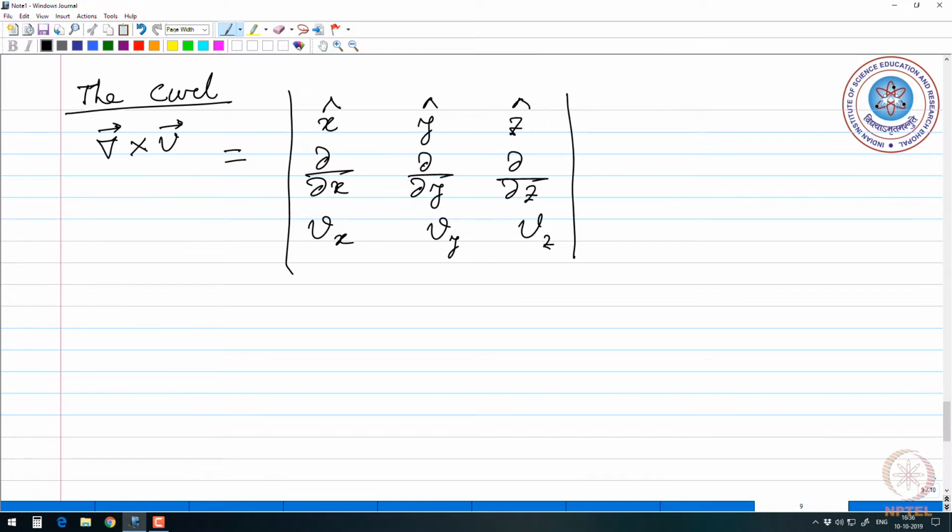This is the determinant form, and if we work out the determinant, we will find x cap